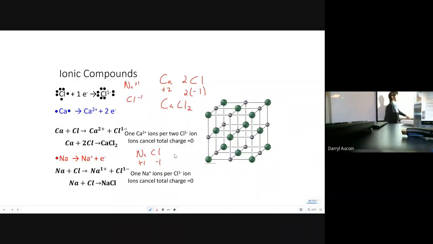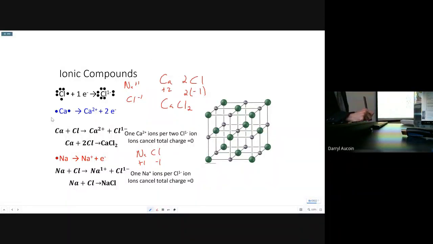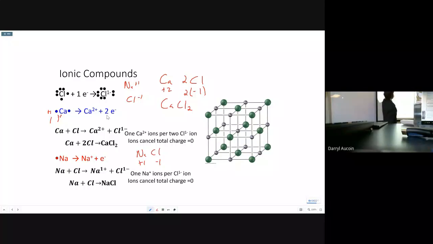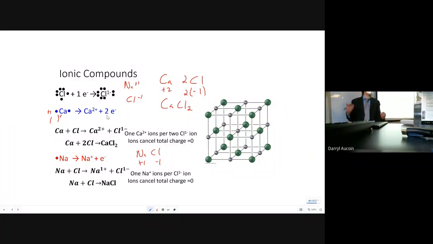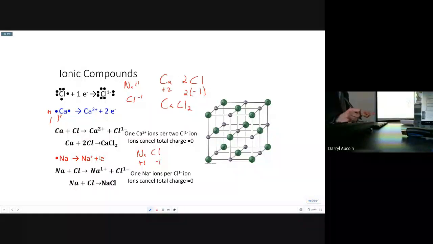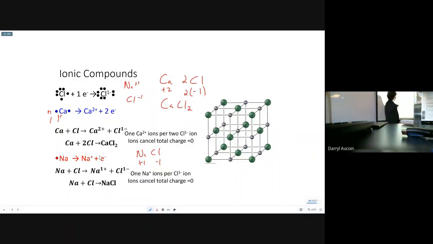And again, you can always figure out the charge by going on the table and figuring out how far over you are. So as you go the +1 column, the +2 column, and then you keep going, right? Calcium's in the +2 column. Na is in the +1 column, Cl is over on the other side in the -1 column. And by looking at those different columns, we can figure out how positive or how negative everything is. And when we see things that are very negative or very positive, we can cancel them out. So if we have +1, we're going to need 2 of those. Over here, +2 and 2